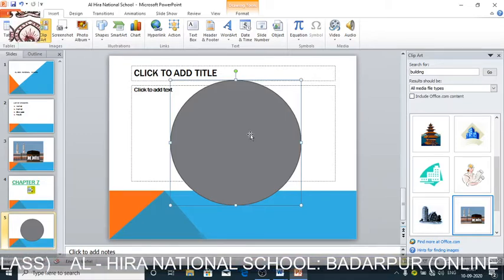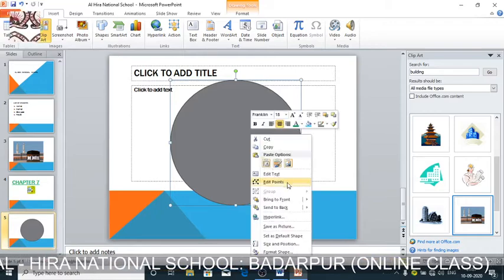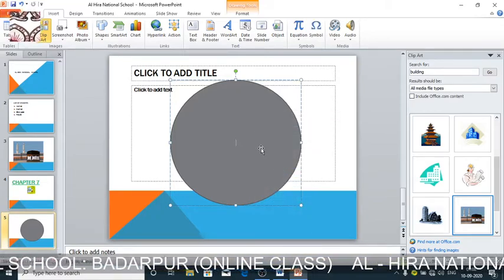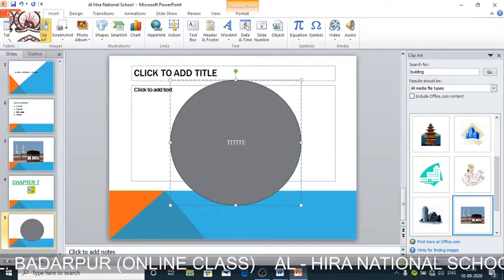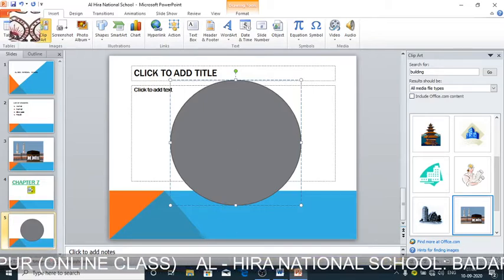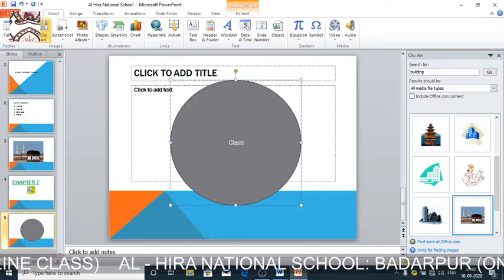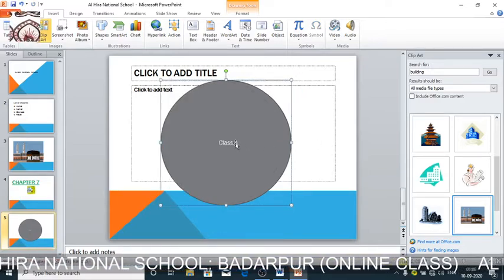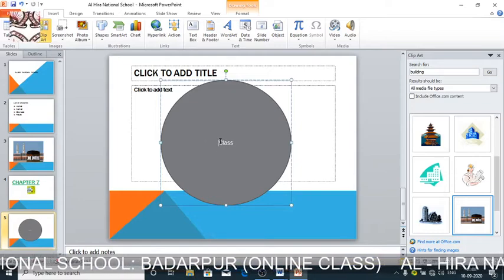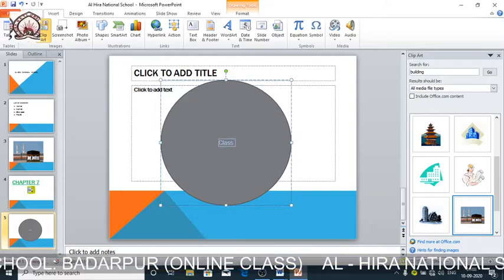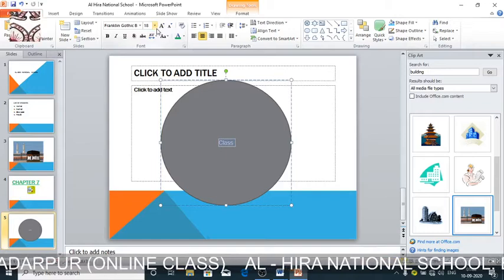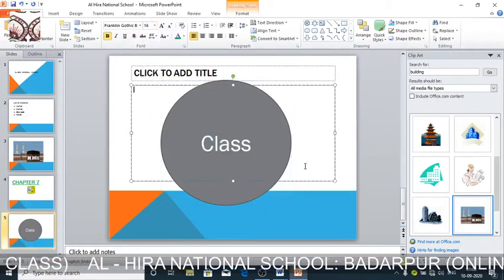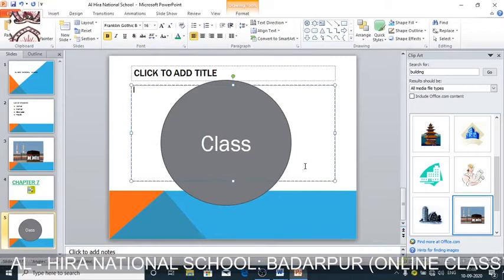By selecting the shape and then right clicking, and you can see edit text. So we can add any text. Suppose I'm writing class, and I will make it bigger so that it comes to your view. Already I've typed this class, you can see, so we can insert text in the auto shape also.